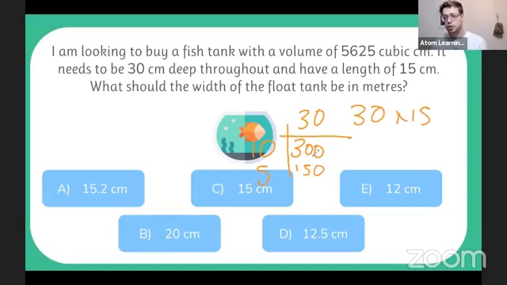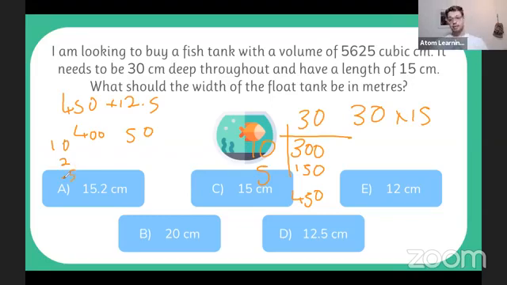A tip I teach to students all the time is that when they're doing these multiplications, save the zeros for last because they can cause a bit of confusion. So if we want to do 30 times 5, I would tell them to do 3 times 5, which is 15, and then just add that 0 that was left. That's just a fun little thing that helps a lot of the students I work with. And then you just need to add these together to get 450. And then if we wanted to do 450 times by 12.5, I won't do the whole thing, but we would do 400, and we would do our 50, and then we do our 10 and our 2 and our 0.5, and that's how we'd get there.